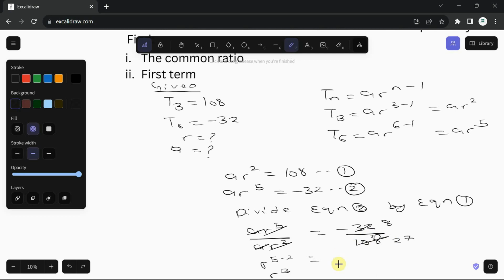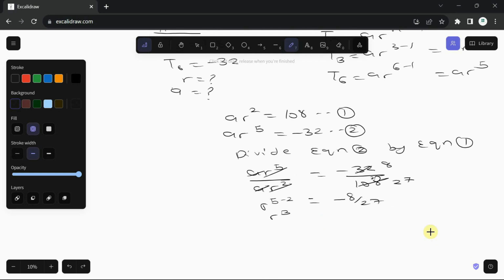So we have this to be minus 8 over 27, and if I just wrap this down, so this will also be equal to minus 8 over 27. So how can we find r, right? This r raised to the power of 3 and this, so we can find the cube roots of both sides. So we can say taking cube roots of both sides,